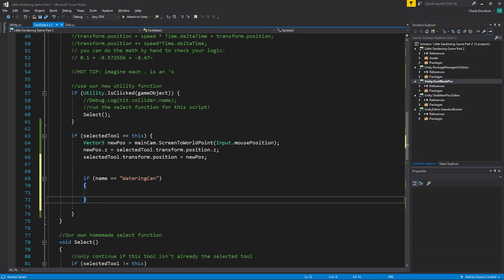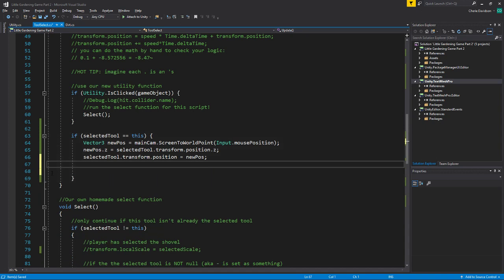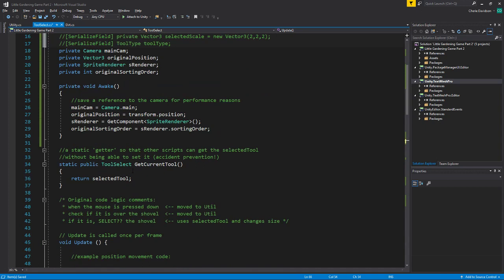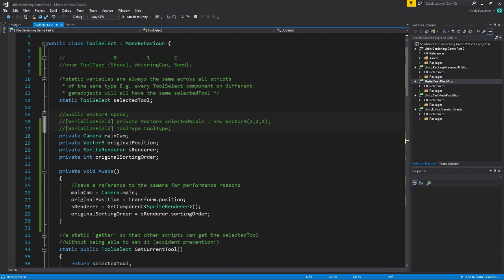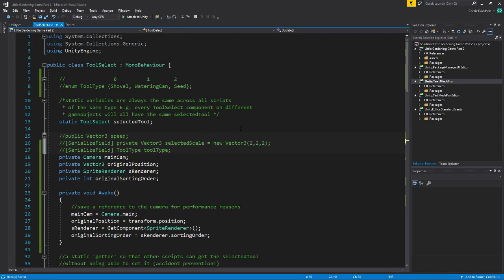But what I might do, maybe this is a bit overkill, and people might be like, what are you doing? Is I would actually use object-oriented behavior. I can't remember if I mentioned it last time, but there's this idea that MonoBehaviour is the base class for everything, and this little thing says that ToolSelect is a type of MonoBehaviour. So what I would actually do, and it's a little bit of a restructure,